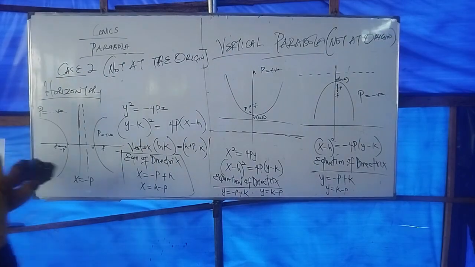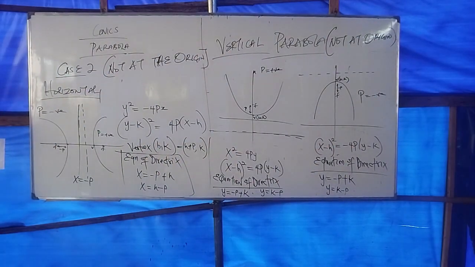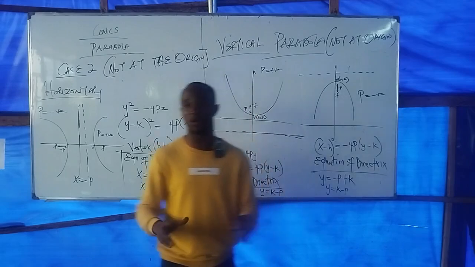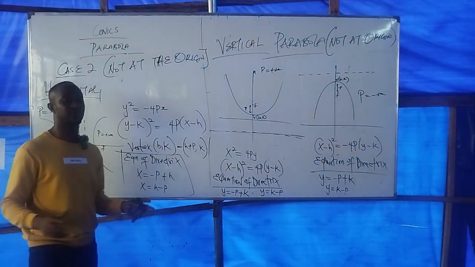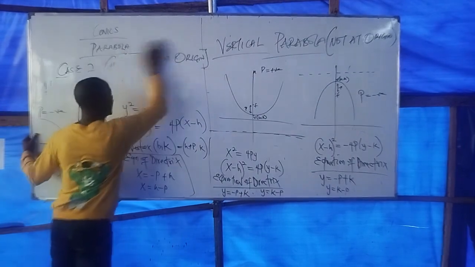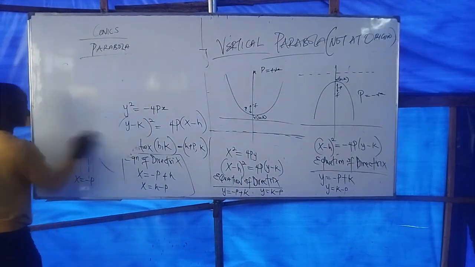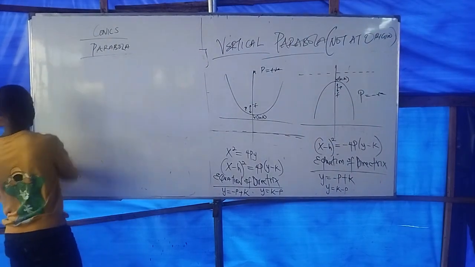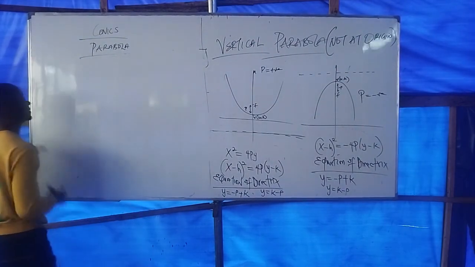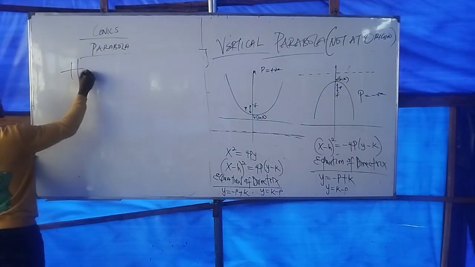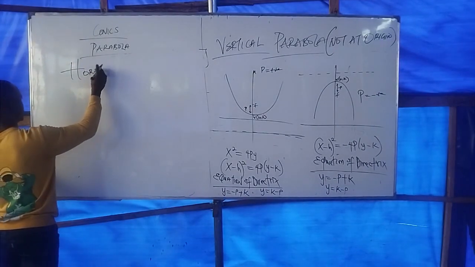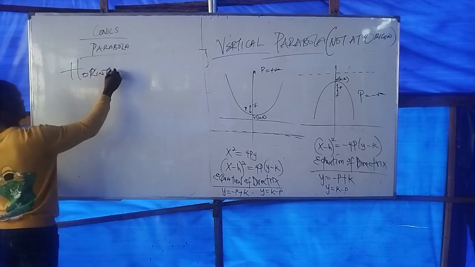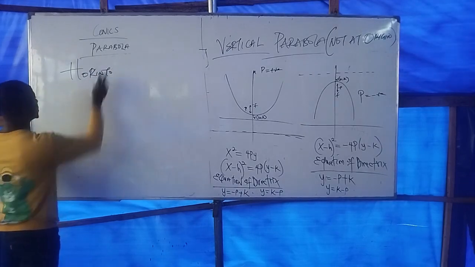Alright guys, now we have seen an overview of a parabola. Now let me summarize all I've said so far. The summary of everything we have discussed so far in a parabola is simply this. If we are dealing with horizontal,